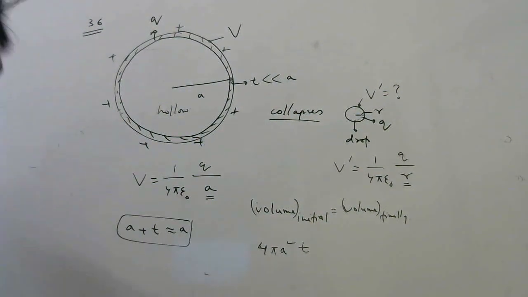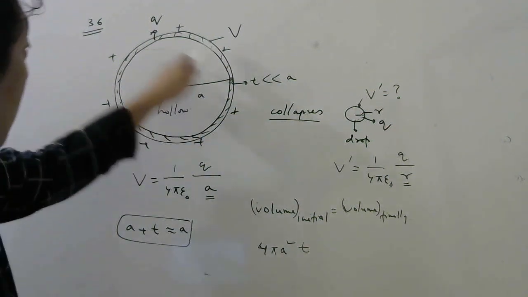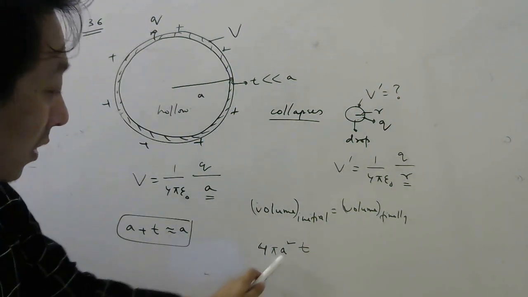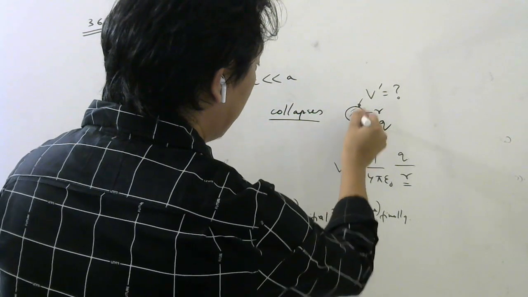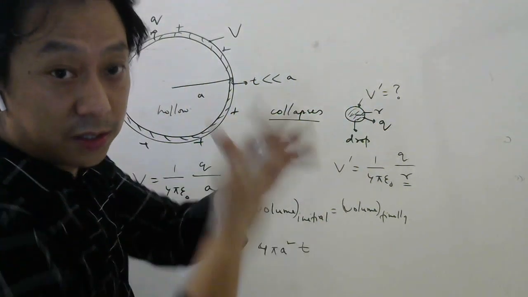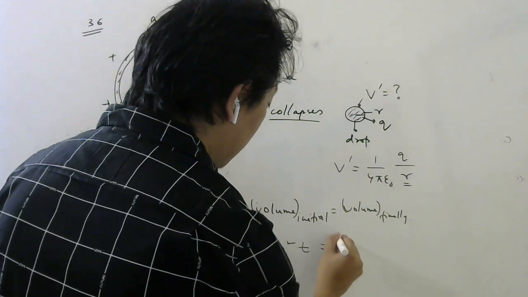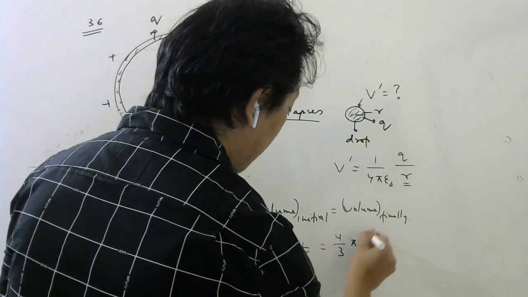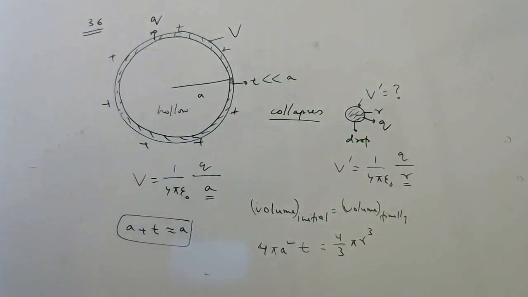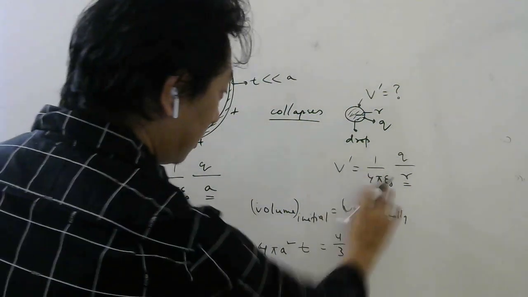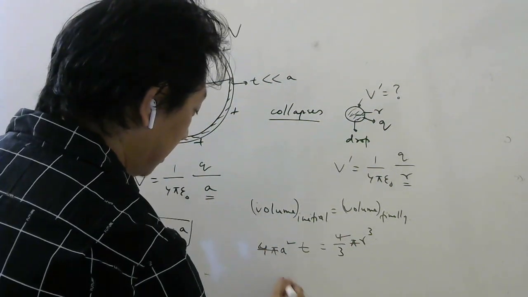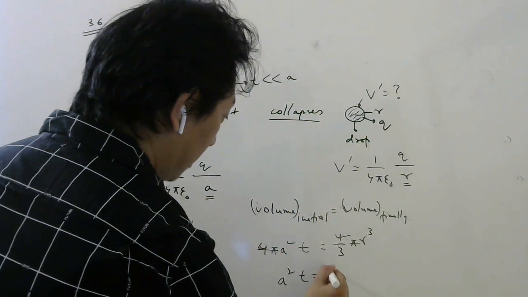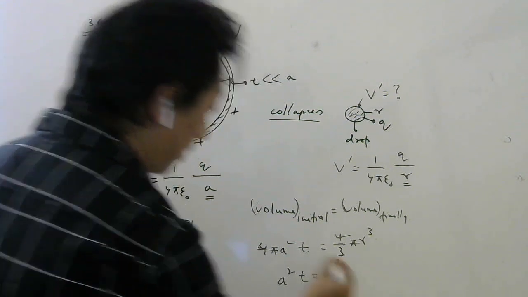Okay, students. So the initial volume of this liquid in this shell is 4 pi a square t. Once it becomes this drop, there is liquid everywhere here. So this is a sphere. What is the volume of that sphere? 4 by 3 pi r cube. So from here and here we can see the relation between r and t. 4 pi, first let me cancel. So a square t will be r cube by 3.